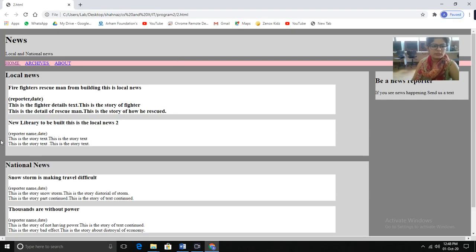See students, this is the section part, the whole part, and the background color is light gray. So this is light gray, and this is the section part that I'm going to show you. So we have to set the properties of the section part accordingly. The background color of the section part is white, whereas the background color of aside is light gray. So that's why it is showing in light gray color.